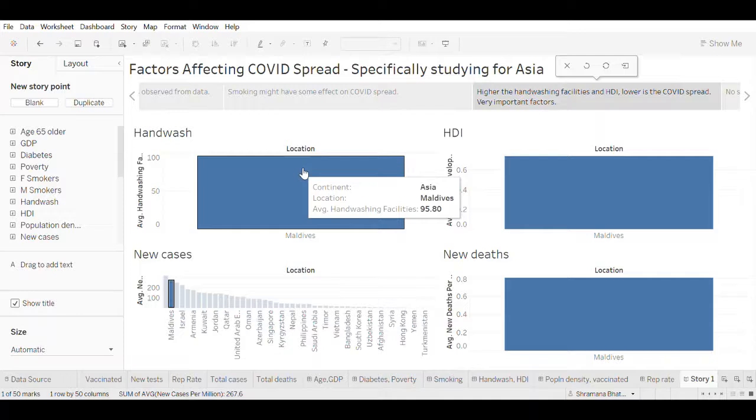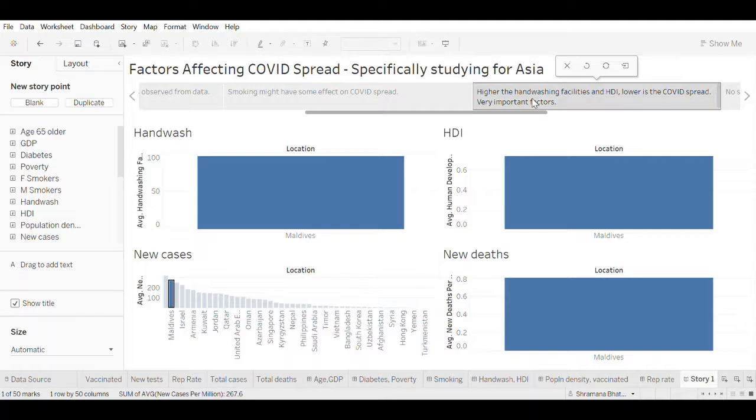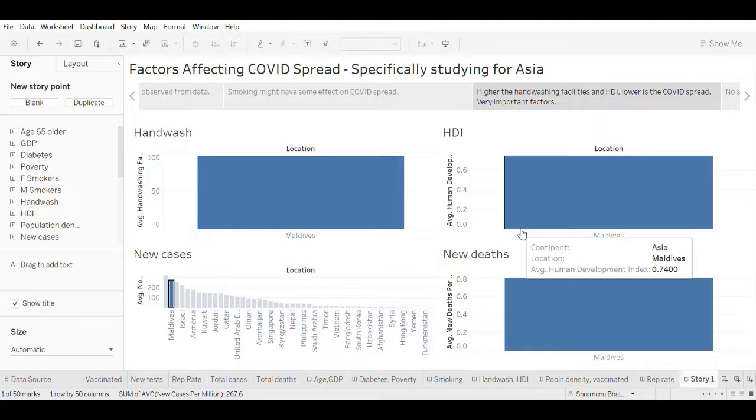Okay, Maldives, it's on the higher side for both, still new cases, but still I'm not going to, though it's not giving a very direct relationship, but I'll still consider hand washing facility and HDI to be very important factors, because for Georgia we saw the scenario. It might not be same for every country, because there might be some other factors affecting, but I'm not going to totally say that hand washing facility and HDI will not have any effect on the COVID spread,